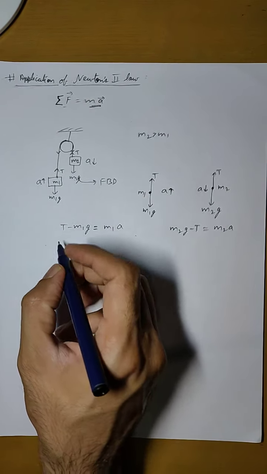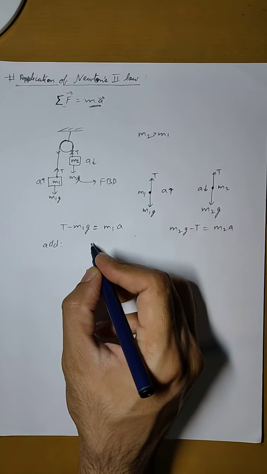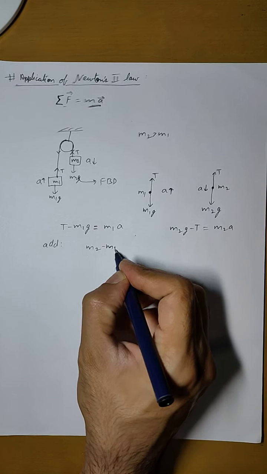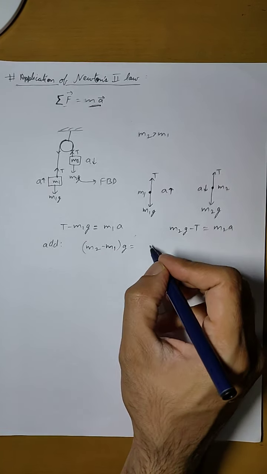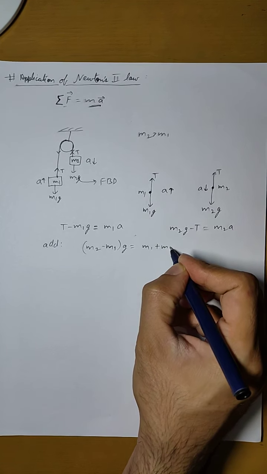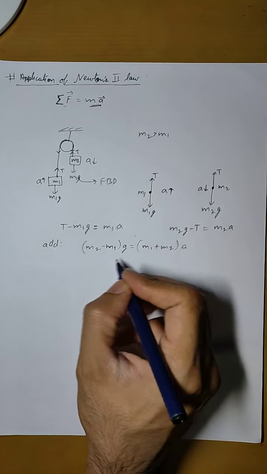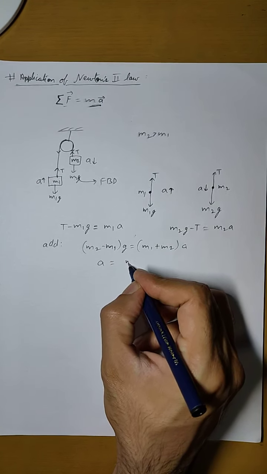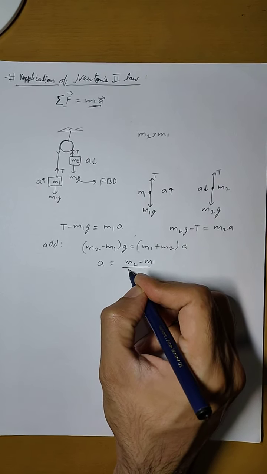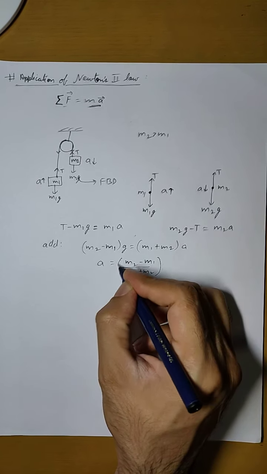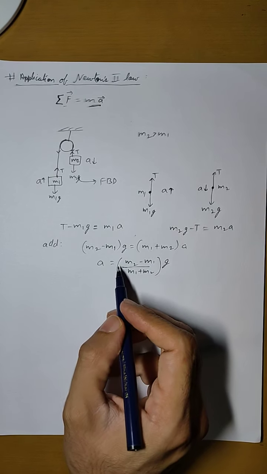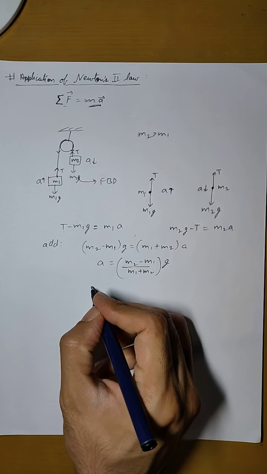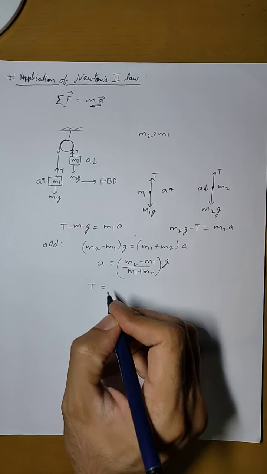Now if we add these two equations, this is what we get, and from here we can find the value of a, the acceleration of the system. This will be equal to (m2 minus m1) upon (m1 plus m2) into g. And similarly, if we put this value of a in either of the equations, we can find the value of T. So I am writing here directly, T will come out to be